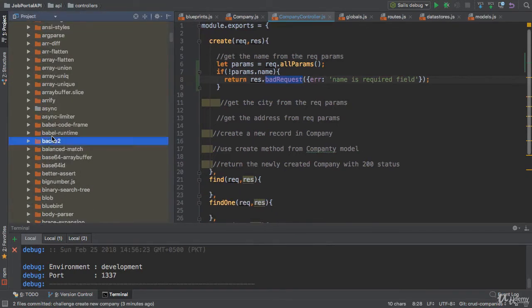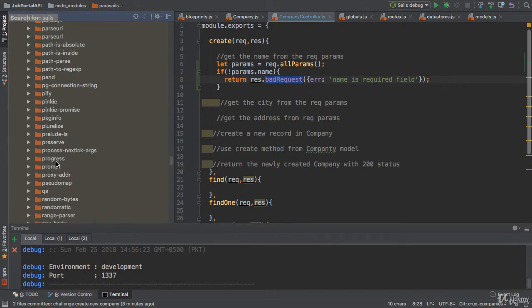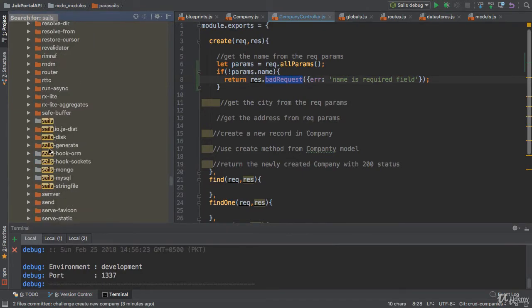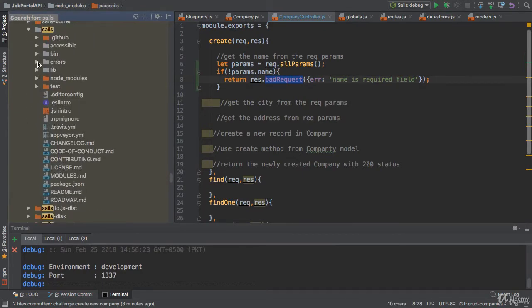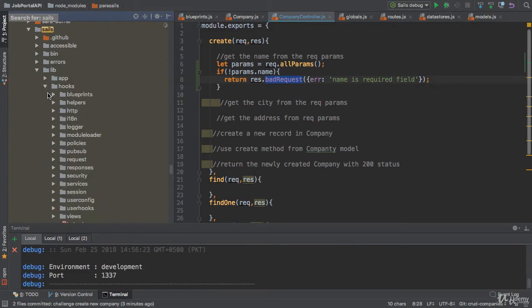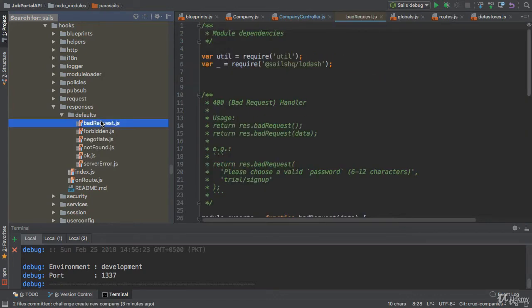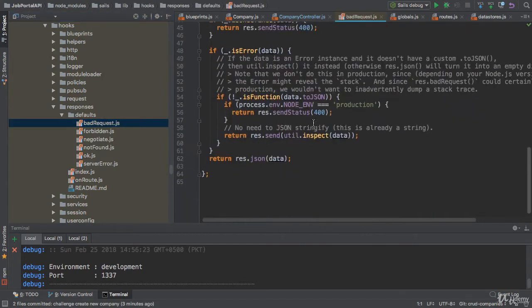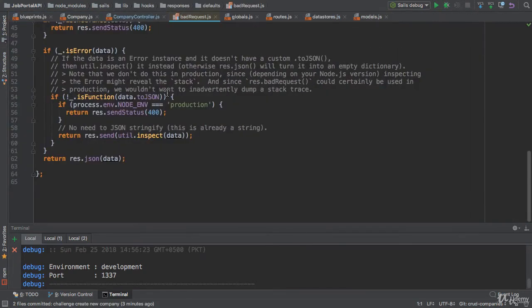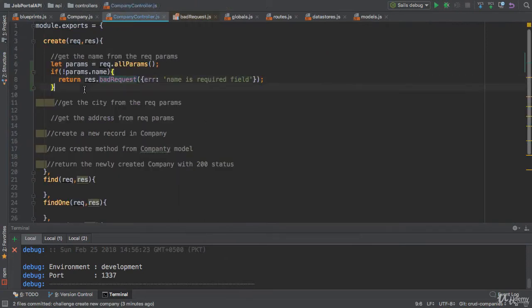Go to the sails directory from the node modules, and I'm gonna open the lib folder, and I would like to open the hooks, and here are all the responses. As you can see, bad request, forbidden. Bad request is used for 400, and negotiate, or server error, is equal to 500. Okay means 200. So this is a bad request error. You can access that. So go back to the company controller.